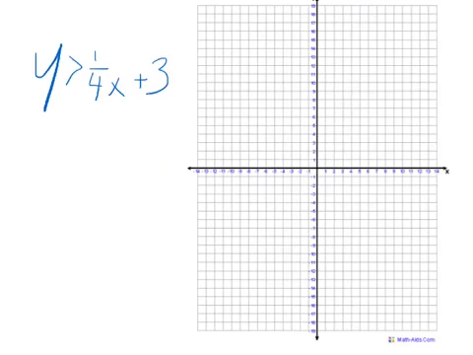Let's take a look at y is greater than 1/4 x plus 3. So we're going to plot our y-intercept here. Do it in red this time,